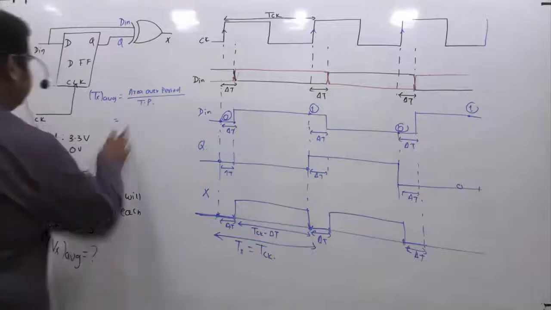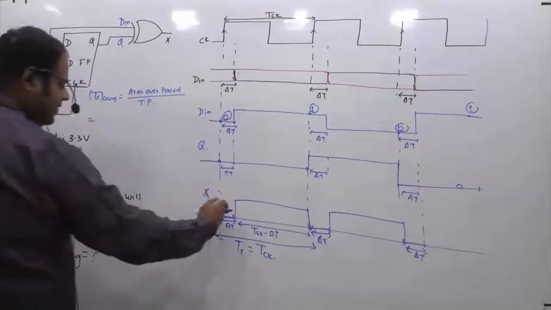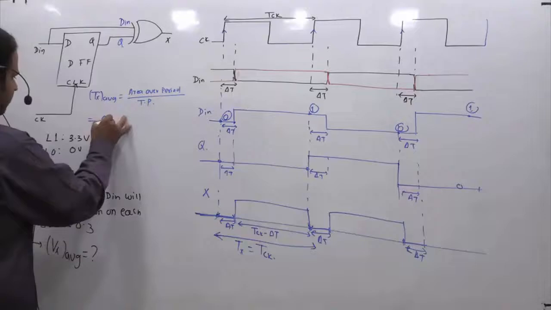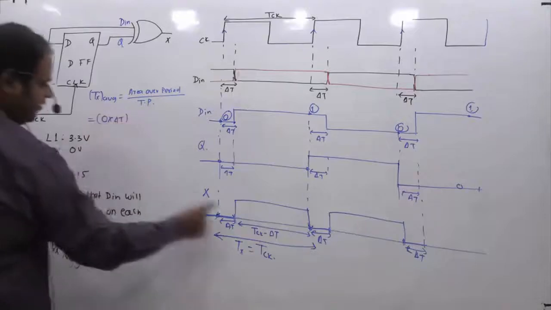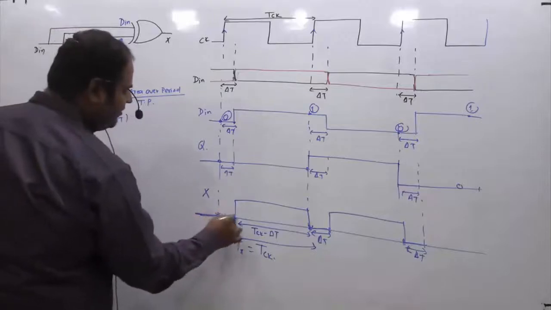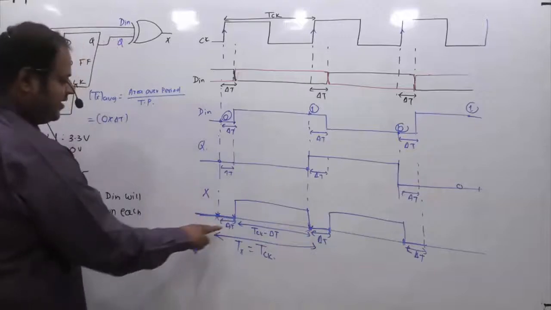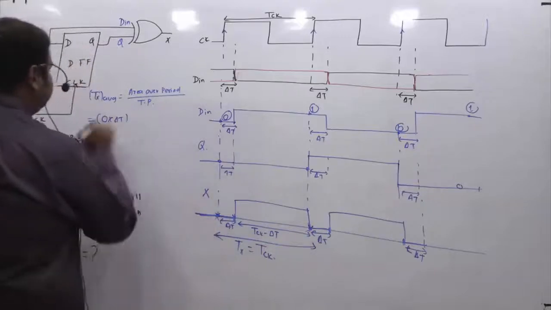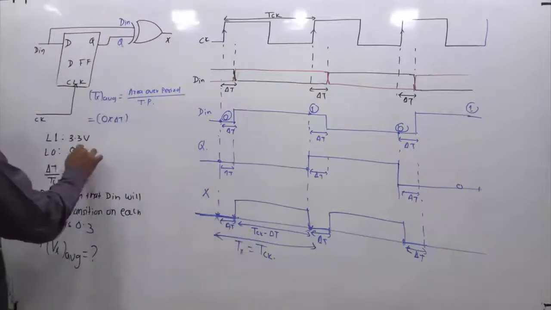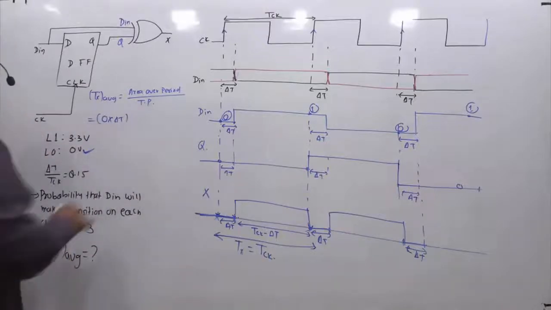So basically, area over one period, what do you get? Height is 0 for this segment, multiplied by width delta T. I am finding the area covered from here to here, then the area covered from here to here. So the height is 0 and the width is delta t, so I am writing 0 times delta t. Why have I written 0? Because logic 0 corresponds to 0 volt, they have given it. If logic 0 had been 1, I would have multiplied 1 here, right?